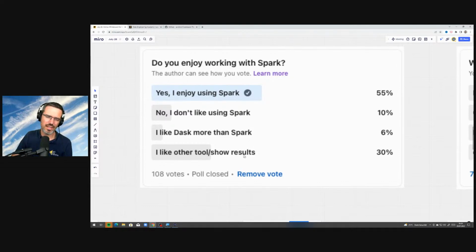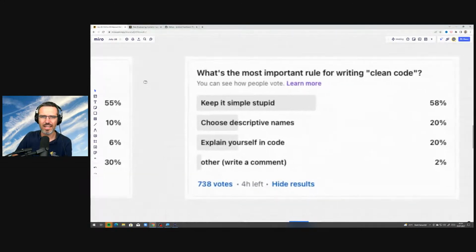I mixed in show results in this as well. Why did I do that? Because Spark is not the tool for everything. And as we talked before, you have your Lambda functions, or you have Flink. Somebody mentioned Flink, and so on. These tools are good for different purposes. If you just need a simple Lambda function, then why not use a simple Lambda function? It's absolutely fine. You don't need Spark for this, right? So that was something very interesting.